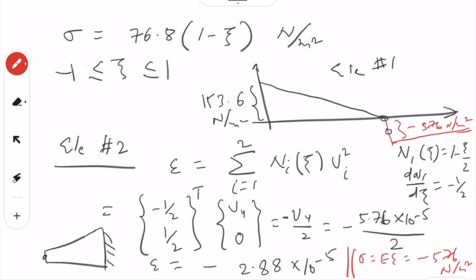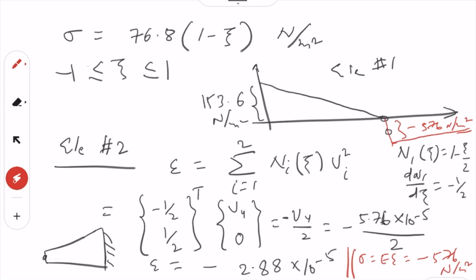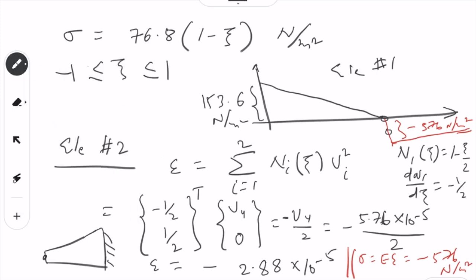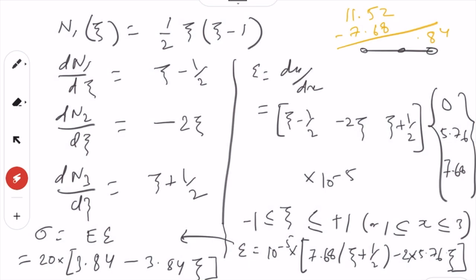Okay, so the stress will be linearly varying in the first element. In the second one, it will be constant, which will be the value of the strain times E. Now I see there may be some mistake, so let's correct that. So here these are minus 576. Here also it should be 1536 probably. Okay, it will go up. Why? Because of where E is given like this one. When we multiply this with E,